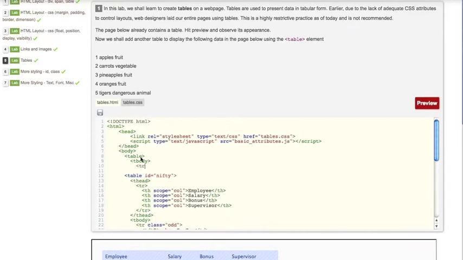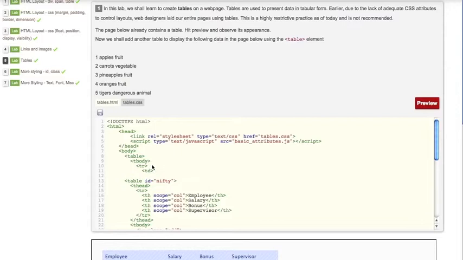So the table begins with the table start tag. The data that you want to present in your table is contained in the tbody element. So it starts with the tbody tag and it will also end with the tbody tag. Every row in your table starts with the tr tag, right? And within a row you have cells, right? So if there are 3 cells in a particular row, which is what we have to do, we shall add a td tag for each cell.